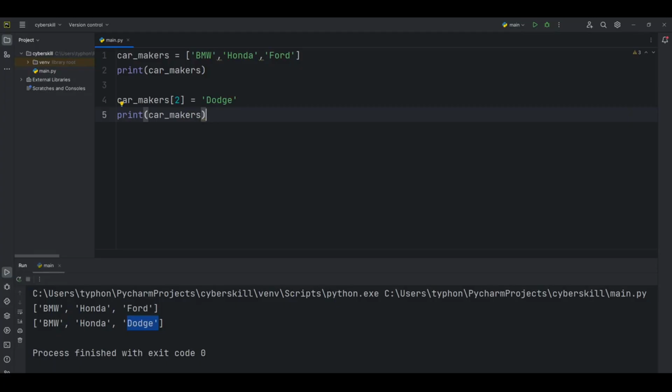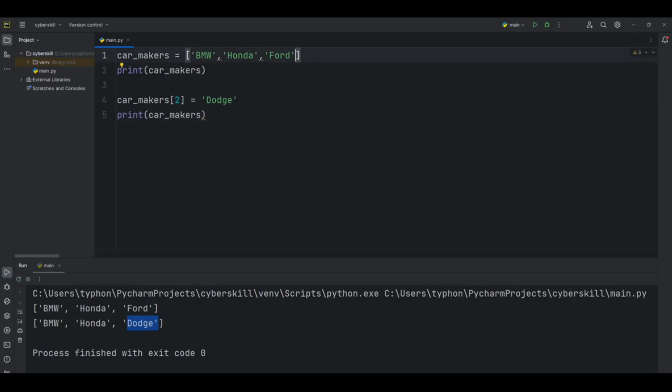And you can also add an element to a list, and you might want to add a new element to a list for many reasons, right? For example, you might want to make a new car makers, add a new data to visualizations, or add a new registered users to a website you build. So Python provides several ways to add a new data to existing lists, and the simplest way to add a new element to a list is to append the item to the list. So when you append an item to a list, the new element is added at the end of the list,